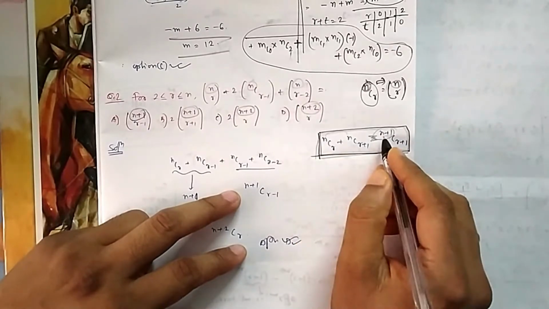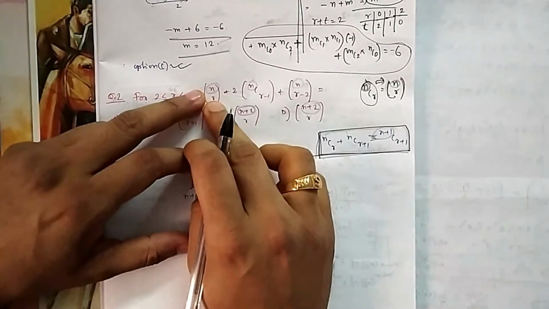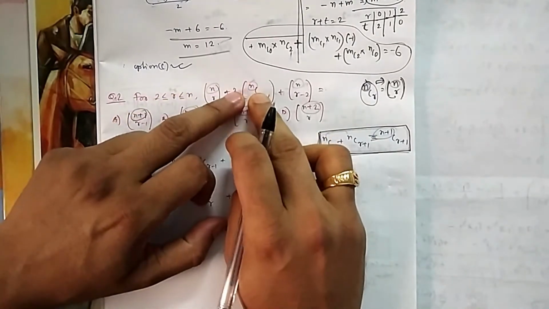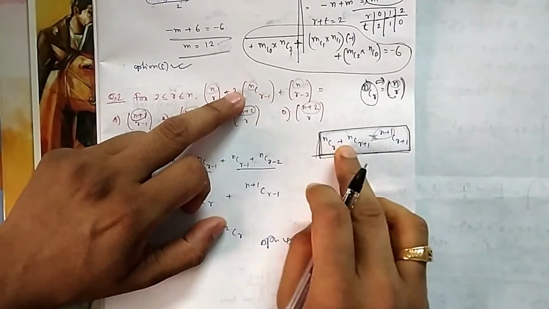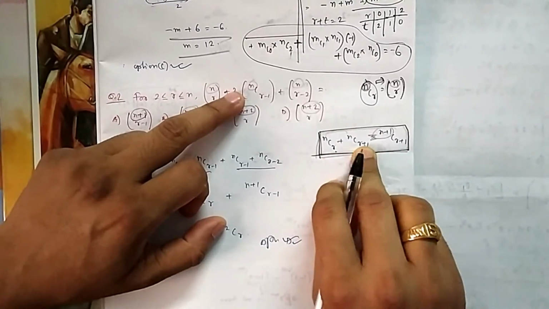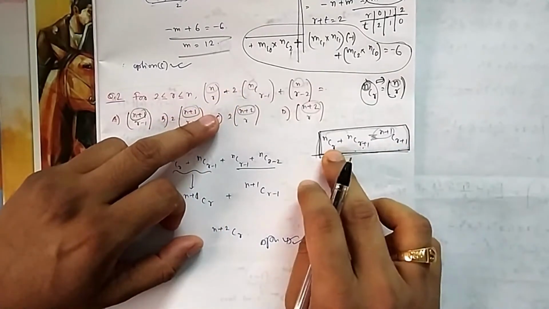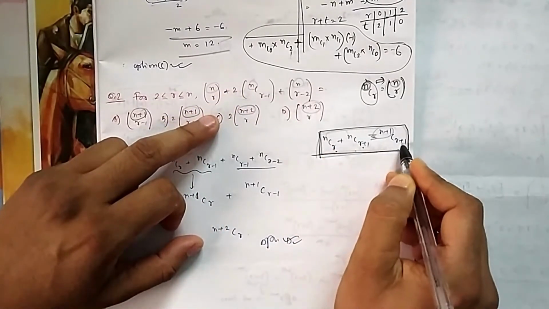NC0 plus NCR, then it is n plus 1, CR plus 1. So somehow they have used it. So it is NCR, and you also have NCR minus 1. Conjugative, these two should be R and R minus 1. It can be R minus 1 also, no issue. This should be the conjugative one. For R minus 1 it will be R, because whichever is greatest will come here.